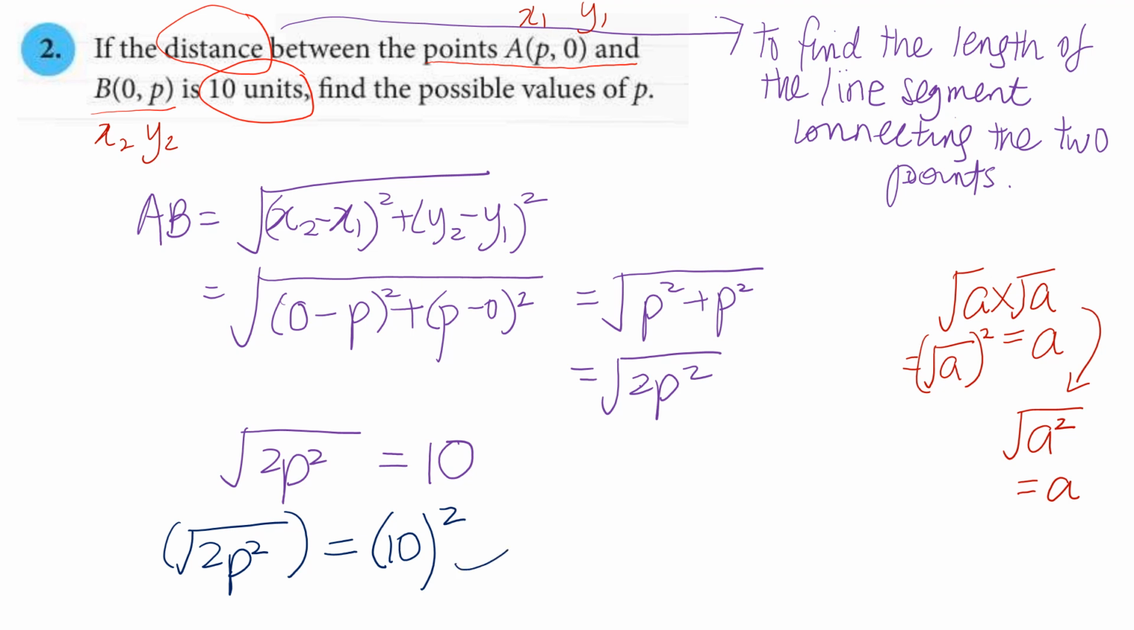So what you're left with is just 2p squared, and on the right hand side you will get 100. So we're going to divide by 2, which gives you 50, and then take the square root of 50. You can have a positive value or a negative value, because the power here is an even number. A positive times a positive gives you a positive, or a negative times a negative also gives you a positive value. So this will give us,